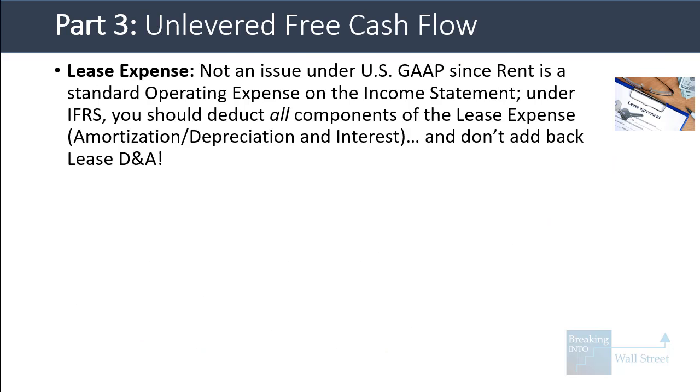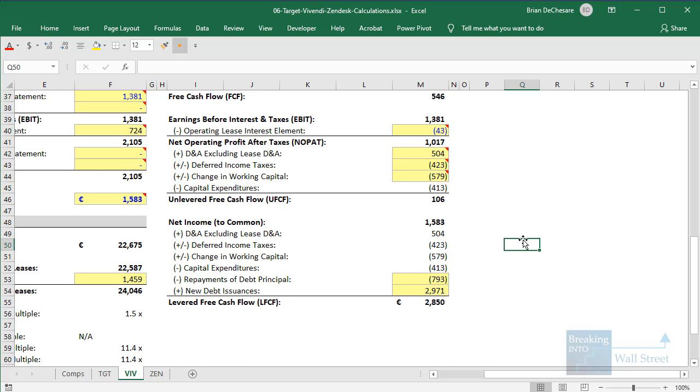One other issue I want to mention here is the lease expense. Now, under US GAAP, this is not an issue because rent is a standard operating expense on the income statement, but under IFRS, you have to be careful to deduct all the components of the lease expense, which means amortization and depreciation. That should already be deducted in operating income, but then also the lease interest, which is not deducted in operating income. So, for example, for Vivendi, this company that follows IFRS, when we calculate unlevered free cash flow,